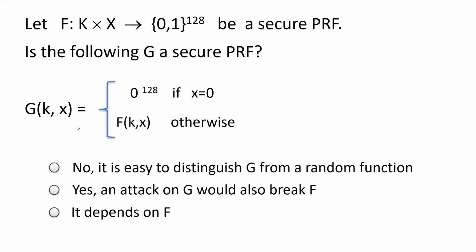In the PRF security, the key is chosen at random, but after it is chosen, the adversary will ask, give me the value of f_k on x1, and he will get f_k on x1, but now give it to me on x2. He will get f_k of x2. K will be the same, the x_i's will change, but the key remains the same. But actually here it doesn't matter, because even if you could query this once,